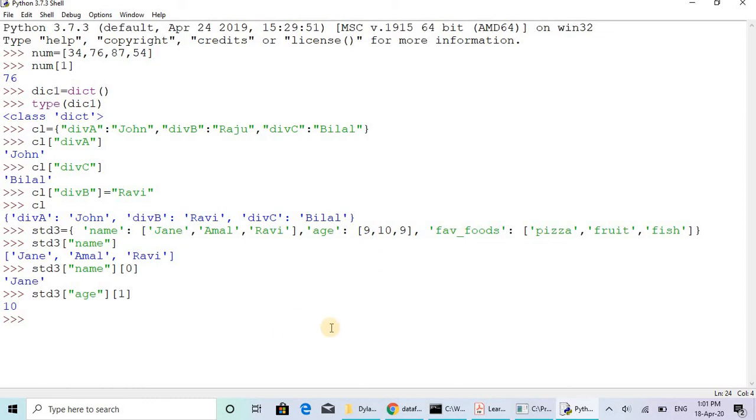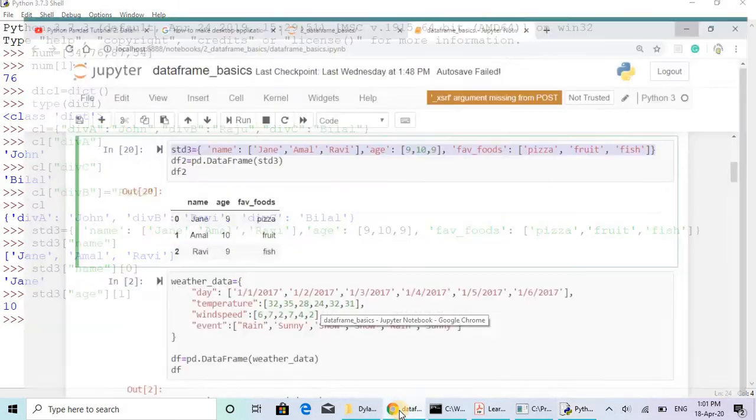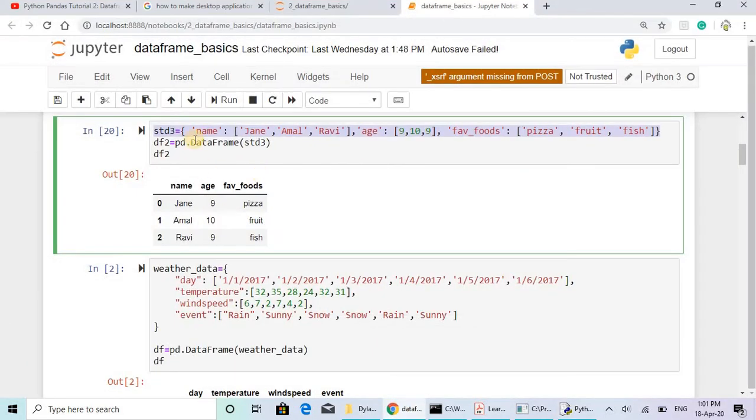I can show you with some real world example to get the idea how this one is storing. You take the example of standard 3. Standard 3 name, we defined 3 names, age 3 ages, and favorite foods 3 foods corresponding to their taste. Okay, that can be represented like this. This is the index, name is the index, and these are the values. Age is the second index, and these are the values.